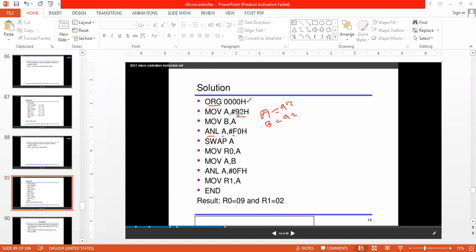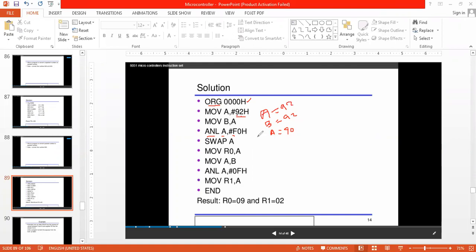F is there, so 9 will remain; 0 is there, so 2 will get cleared. So the new A value is going to be 90H. If I do AND logic bitwise, I will be left with 90H.